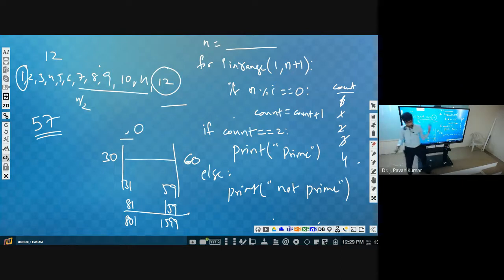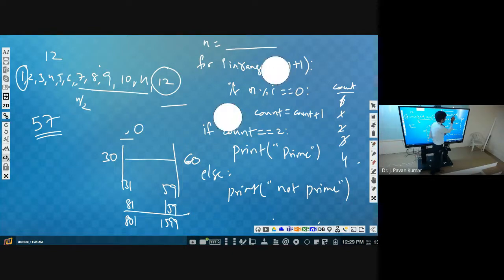But even after this observation, that after 6 we will not have any factor, we can reduce it further, like after n by 2. So what can we write here? 2 to n by 2, then 2 to n by 2 plus 1.